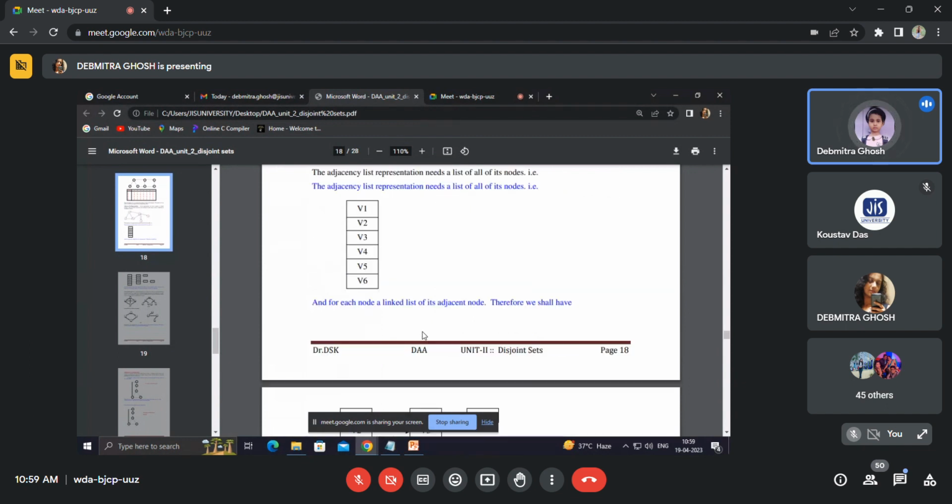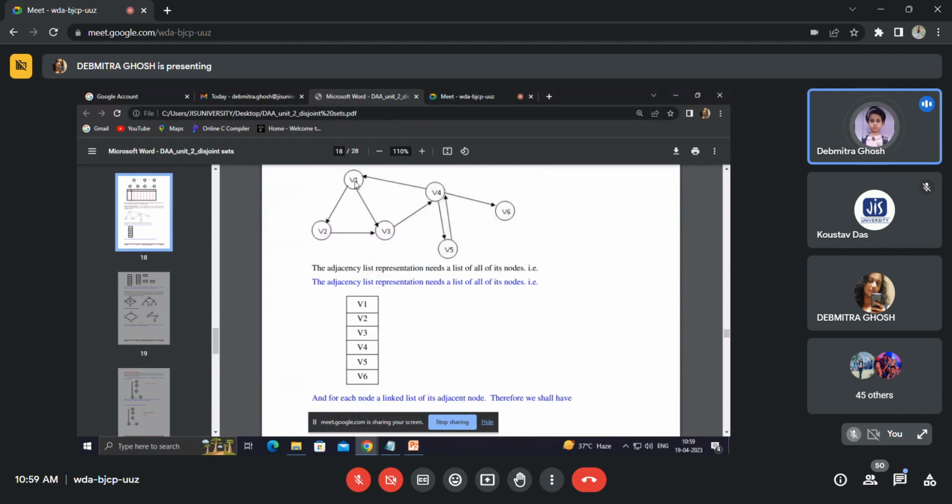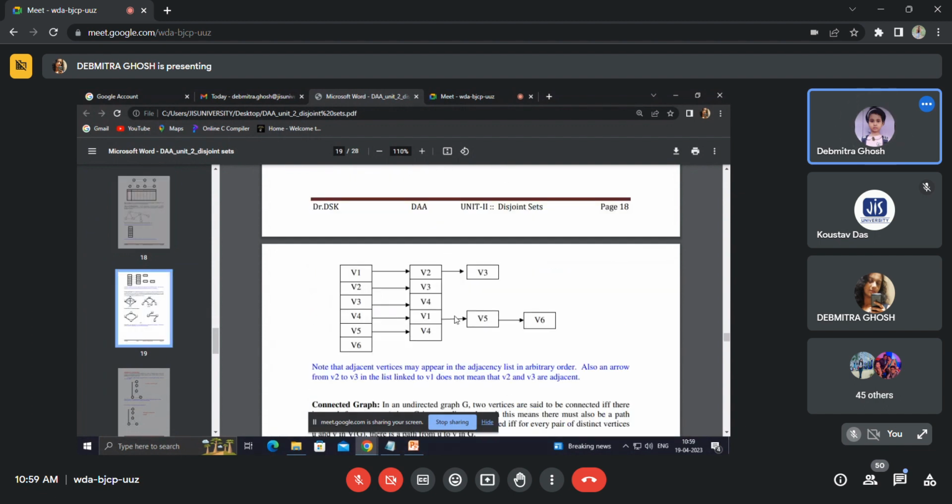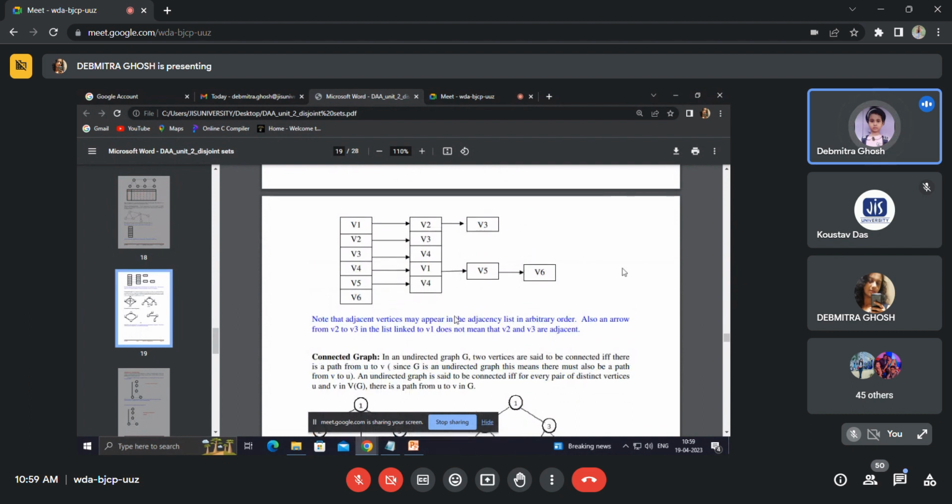So if somebody gives you this question like V1, V2, V3, V4, V5, V6, and asks if you can make the graph, can you make it? See, from V1 it is connected to V2. From V2 it is connected to V3. V1 is also connected to V3. Then you have V4. V4 is connected to V3. V4 is connected to V5 and V5 is also connected to V4. Now you have V4 to V6 and V4 to V1. This is the final one. Okay. This is actually the graph which shows